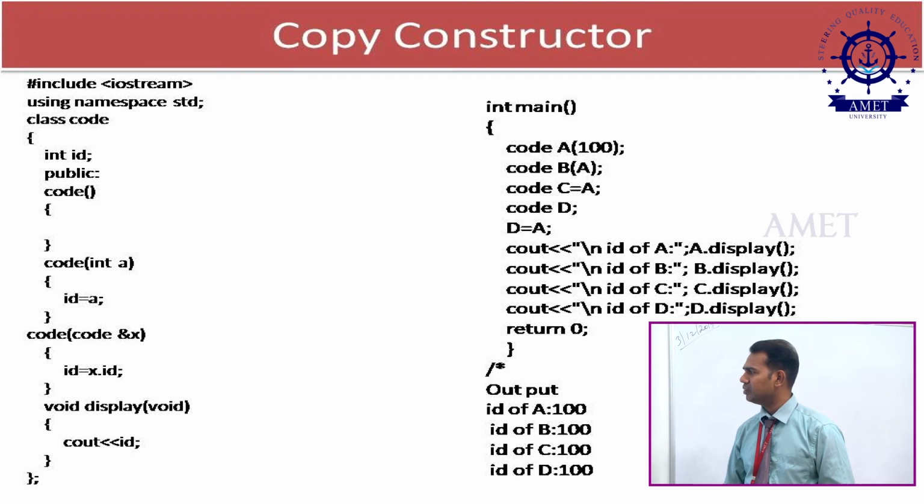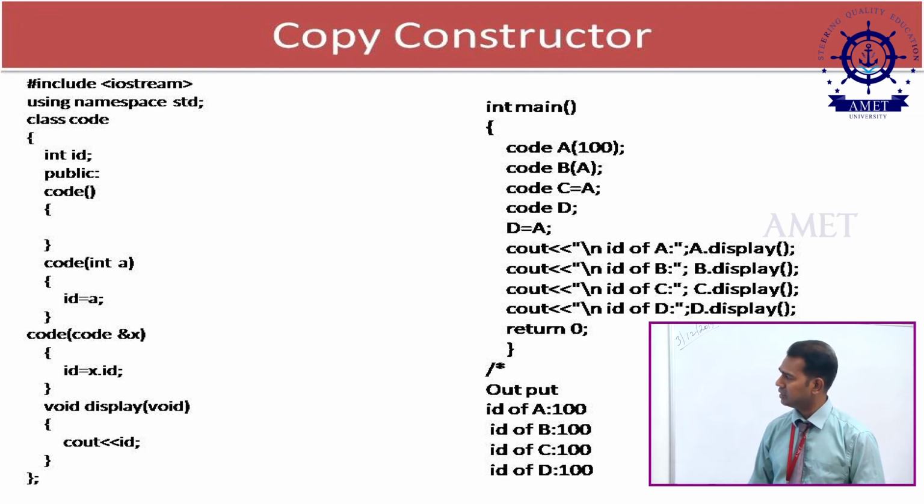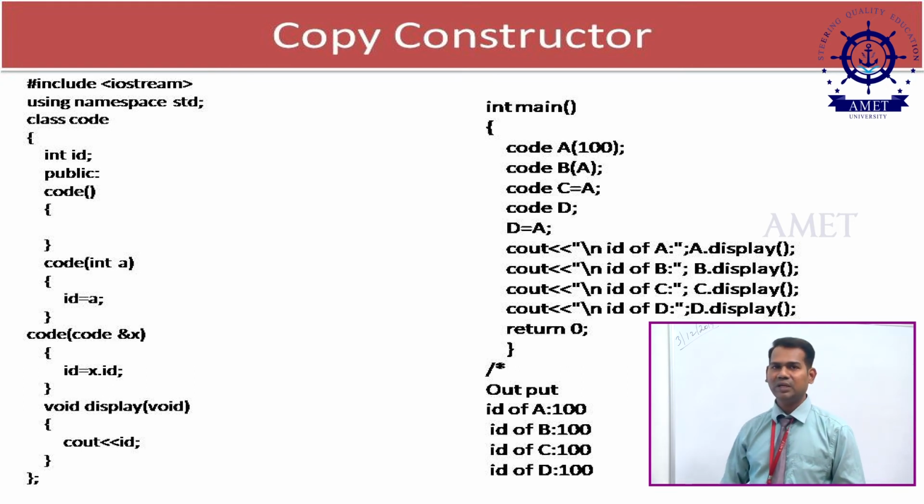Here what happens now, we have code b of a. This can be rewritten as b equivalent to a. So the a object reference we are going to pass inside the constructor called b. Here a represents a reference and b represents a constructor. If you execute the second line, the first constructor will not get executed. Why? Because the first constructor is looking for an integer value, and the second constructor is looking for some object reference. So here also we are passing a, it could be a reference.